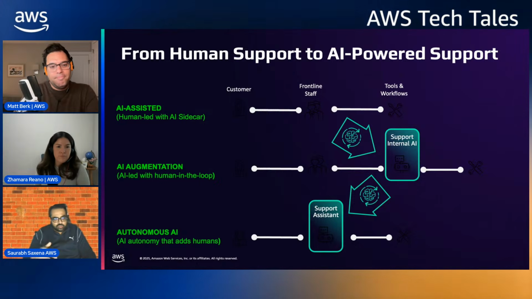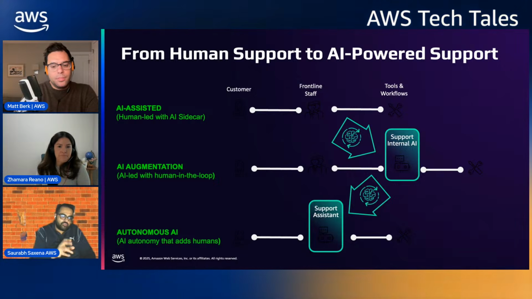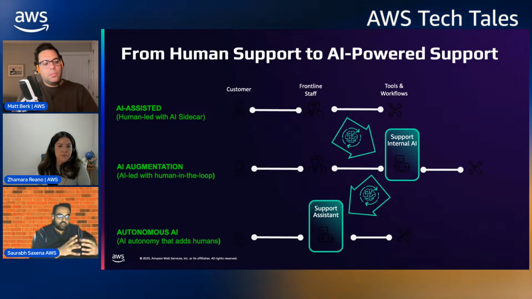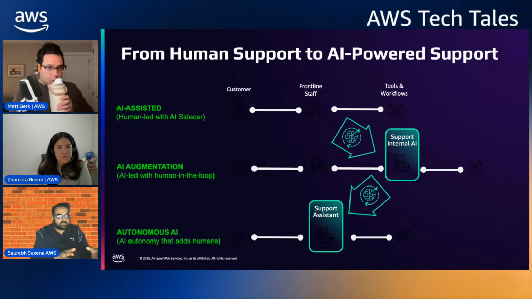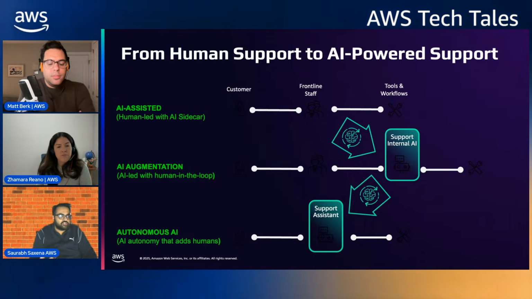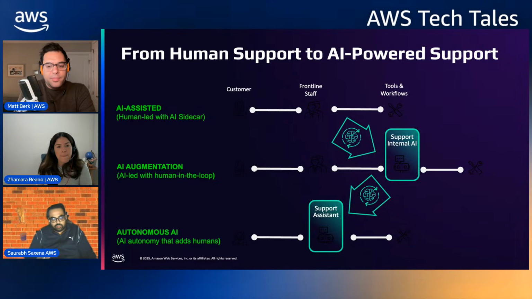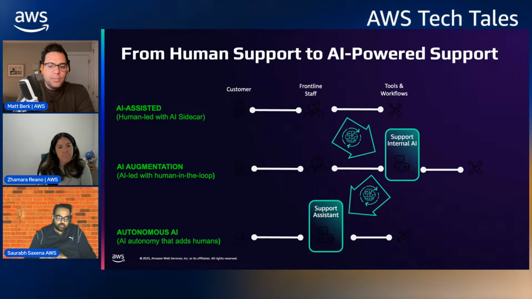And then we moved into this journey called AI augmentation, where we put AI-led with human in the loop. That's where we are, with automated SOPs that we have built. When a case comes in, we can auto-detect the intent of the case, see which SOP would be relevant, and surface that to the engineer. At that point, the engineer is not the one triggering AI. AI is the one triggering the engineer, saying, "Hey, look at this SOP based on the question the customer is asking or the pain the customer is in. This looks like the most fit and applicable. You are the one who has to act on it." Today, since re:Invent, I would say the industry is moving more towards autonomous AI.